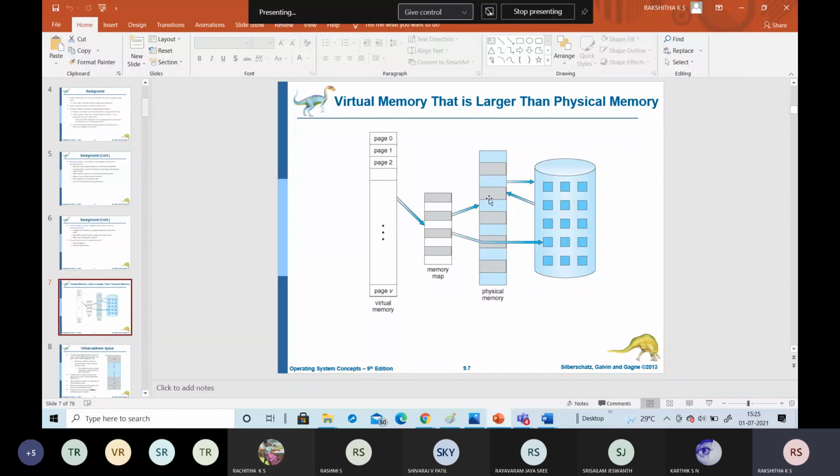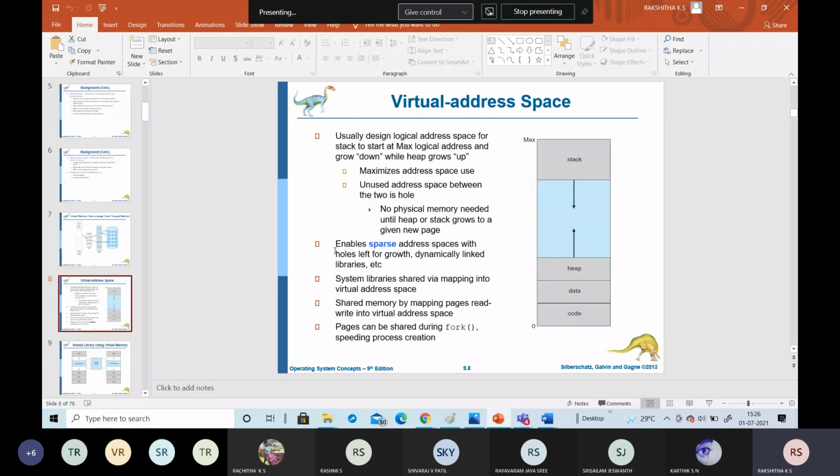So as we know that the storage capacity of the main memory is too small, we are not able to load all the programs into the main memory, right? So the programs can reside in the secondary memory, and they can be taken to the main memory only if they are required to be executed by the CPU, right? So that is what we have seen in the virtual memory concept.